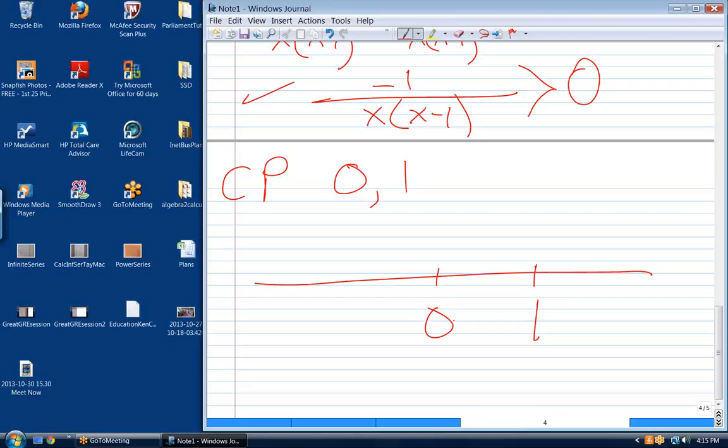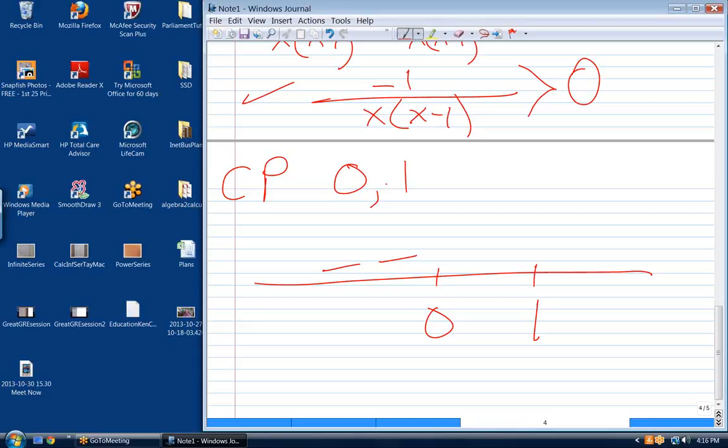Right. Let's try negative 1. So you'd have a negative 1 times a negative 2. I'd have a negative there, and I have a negative in the numerator already. So it would be positive. How about between